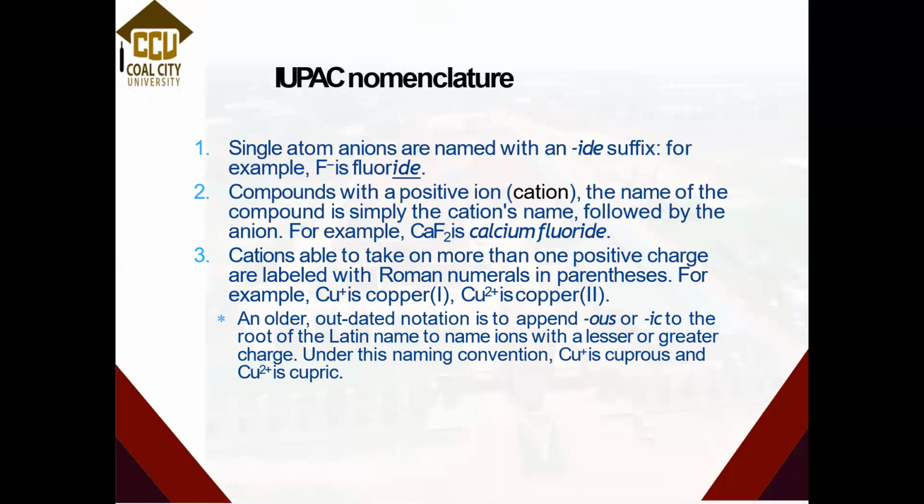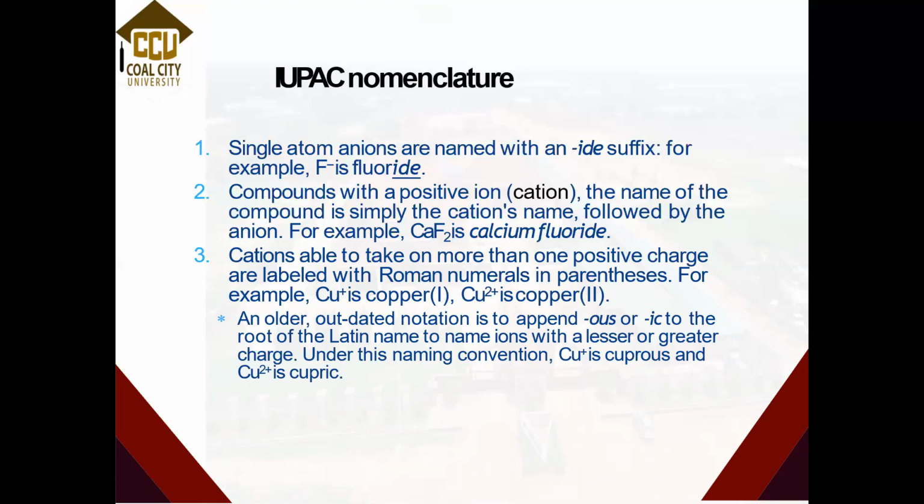So if I was having a compound of copper and fluorine, which is supposed to give me a copper fluoride, it's possible for me to have a copper(I) fluoride or a copper(II) fluoride, depending on the ratio in which they are combining. So copper(I) fluoride is possible, copper(II) fluoride is possible. So to show that disparity, we use this parenthesis showing the number of charge on the positive